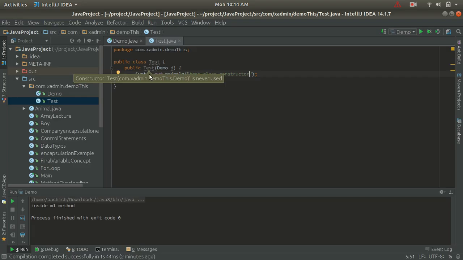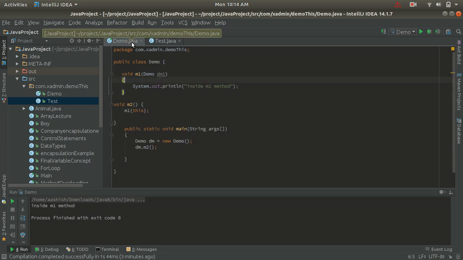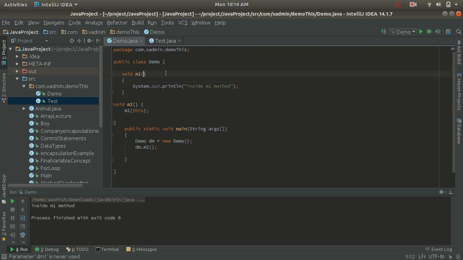So inside the Test class I have created a parametric constructor, and here I have passed the Demo class reference. Okay, and let's go to the Demo class. Inside the Demo class I have a method m1, right? So let's remove this, and inside the Demo class I will create the object of the Test class.